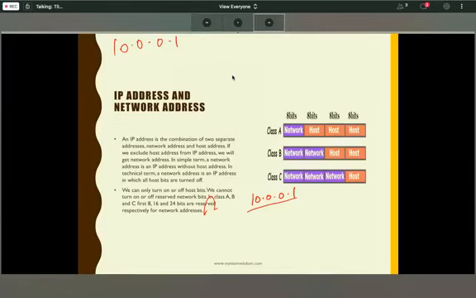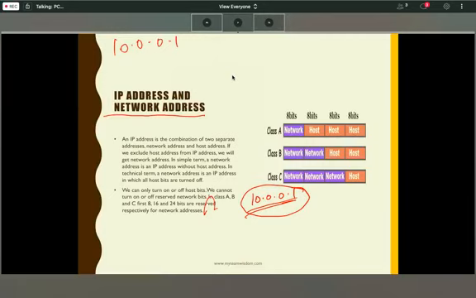Okay, so IP address and network address, the difference is that an IP address is like 10.0.0.1, correct?